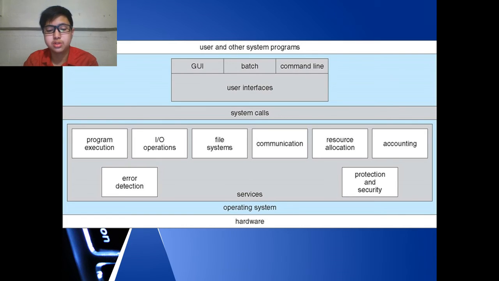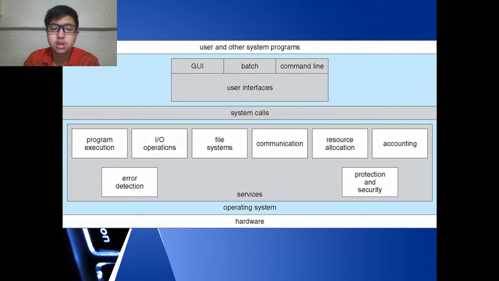Resource allocation. When multiple users or multiple jobs are running concurrently, resources must be allocated to each of them. Accounting. To keep track of which users use how much and what kinds of computer resources. Protection and security. Protection involves ensuring that all access to system resources is controlled. Security of the system from outsiders requires user authentication, and extends to defending external input or output devices from invalid access